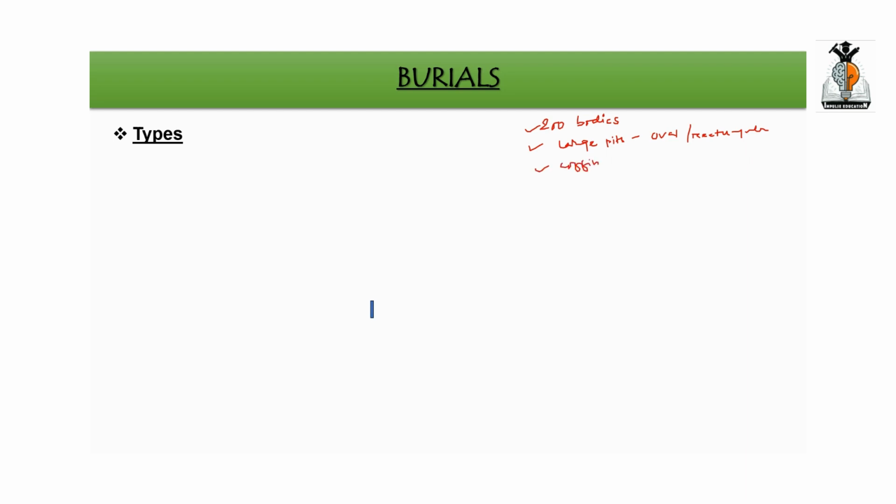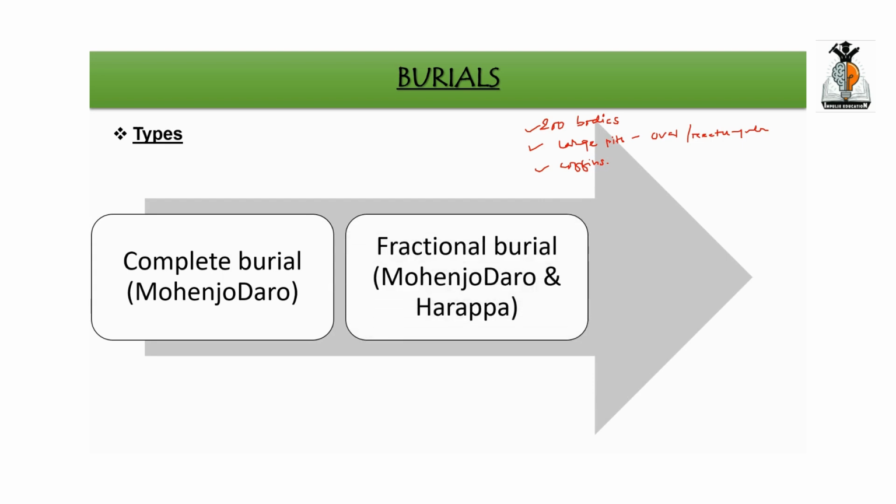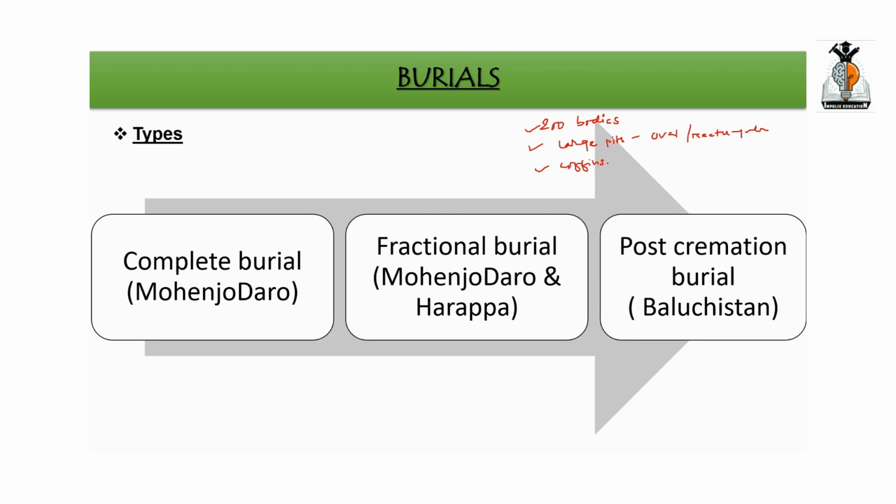However, the burial practice can be divided into the following types. First, complete burial, which was found in Mohenjo-daro. Next, fractional burial, which was found both in Mohenjo-daro and Harappa, and post-cremation burials, commonly found in the Balochistan region. As the name suggests,